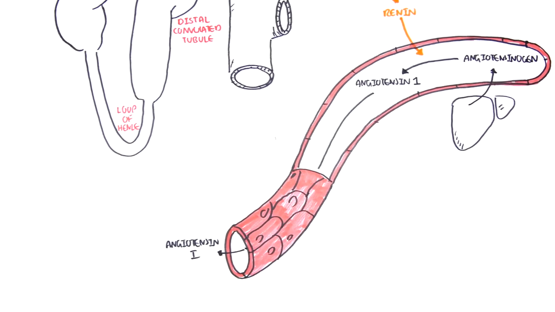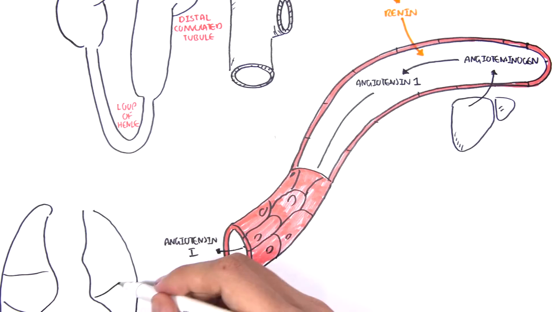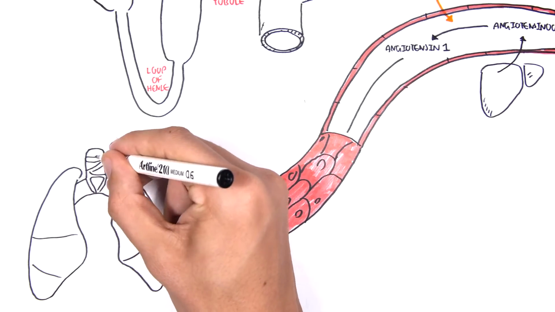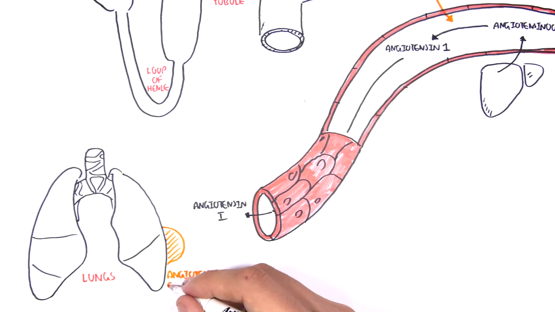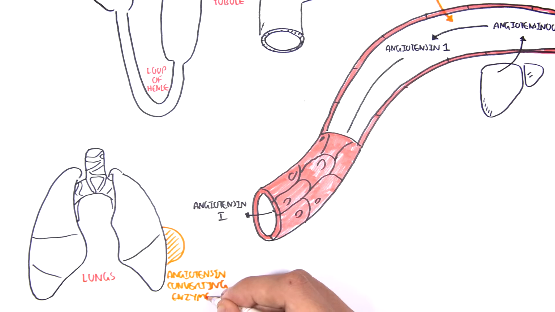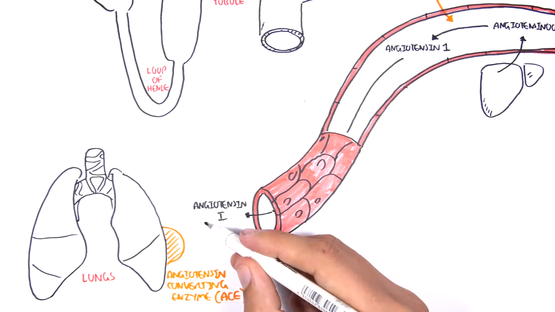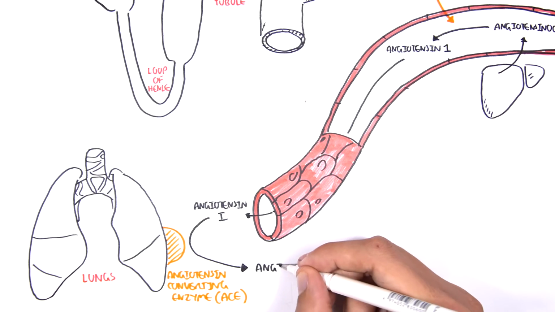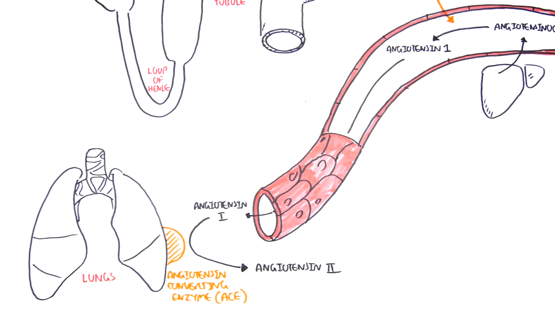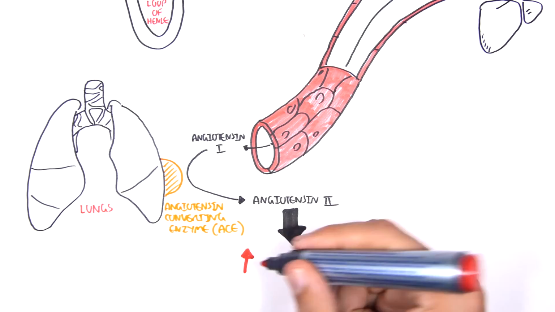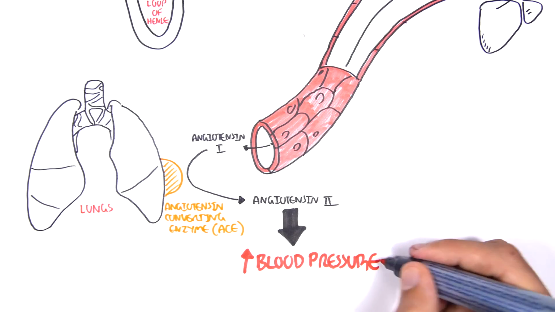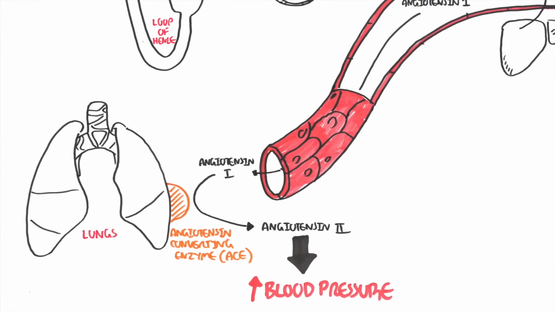However, when angiotensin 1 travels through the bloodstream and goes towards the lungs, for example, it will come across an enzyme in the lungs, in the alveoli of the lungs, called angiotensin converting enzyme, or ACE for short. ACE will convert angiotensin 1 to angiotensin 2. Angiotensin 2 is an extremely potent hormone that increases blood pressure. So it will do many things that will increase blood pressure. And I'm not going to talk about it in this video,